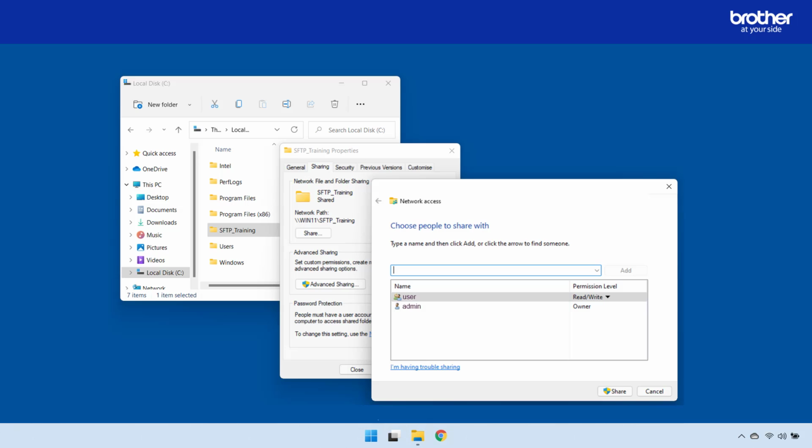For example, in Windows, a solution might be to ensure that the SFTP user has read and write access to the destination folder. The way to do this will vary depending on your operating system and SFTP server.